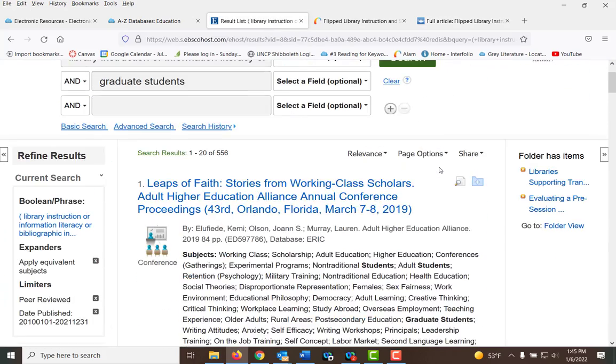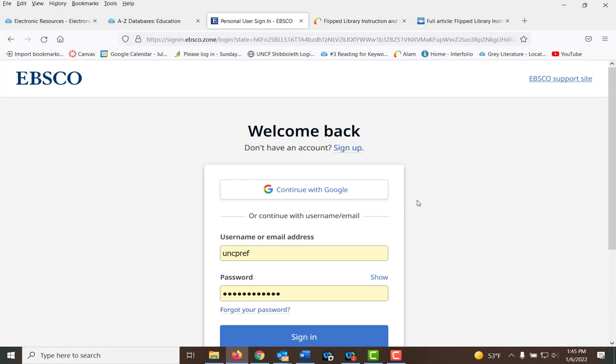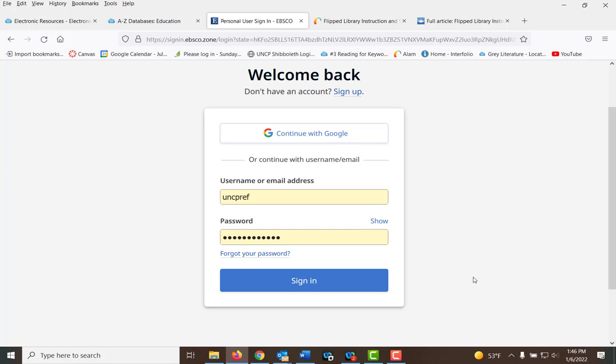Also, remember how in ProQuest we could create a permanent folder? Again, this is a temporary folder. If you click on Sign In, you can create a more permanent account. Notice I've already clicked one because I've saved my username and password. I can go in here and save the items, create subfolders. I can even save searches so I will not have to replicate my search at a later date and time. All this is helpful information. Most databases will have some form that will allow you to sign in and save some aspect of your work. But that just allows you to save items once you get into that database.